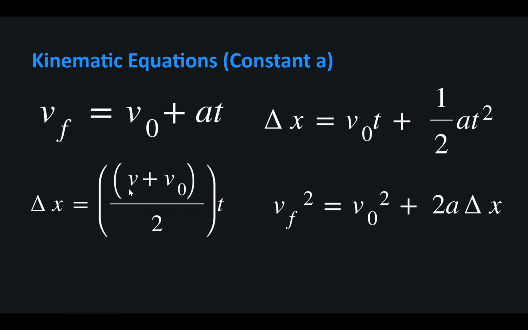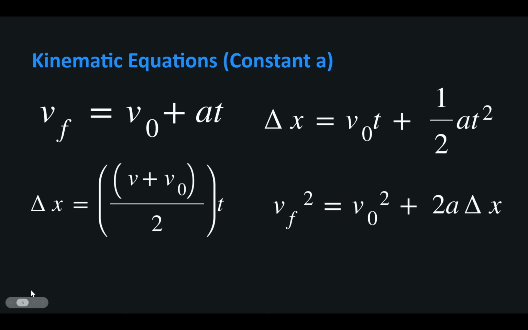And in most textbooks, you'll either have v final to indicate final velocity, or you'll just have a v by itself to indicate final velocity. But almost always they will have a velocity not zero to indicate initial velocity. And that's v final plus v initial over 2 times time. And then the last but not least, we have v final squared equals v initial squared plus 2 times acceleration